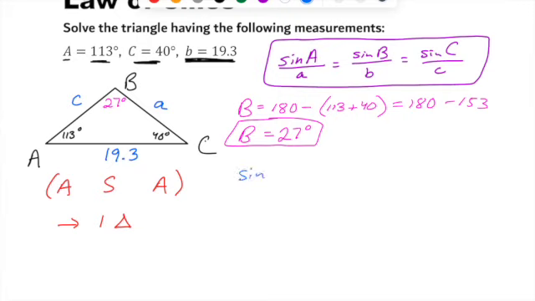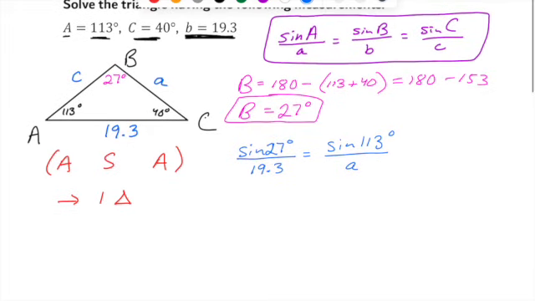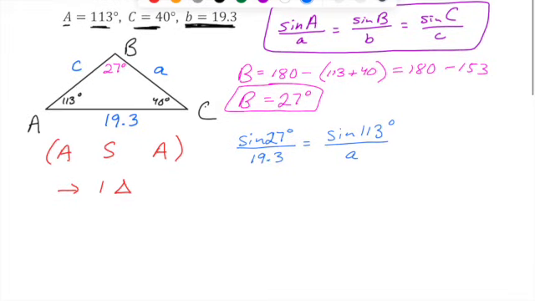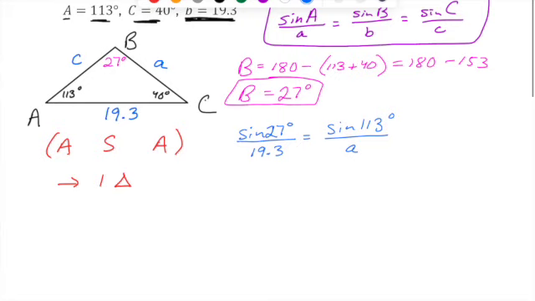I know that the sine of angle B, which is 27 degrees, divided by side B, which is 19.3, is equal to sine of 113, that's angle A, divided by side A. And I could keep going and set it up with C as well, but I'm going to just focus on